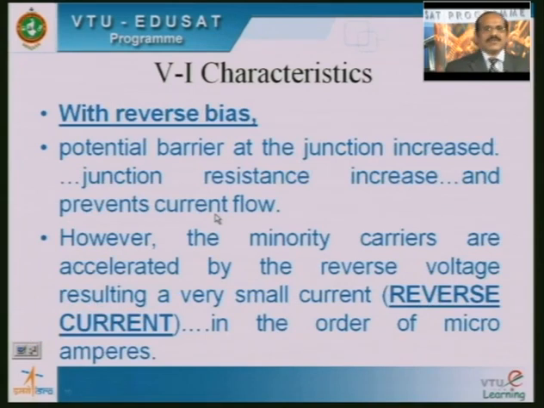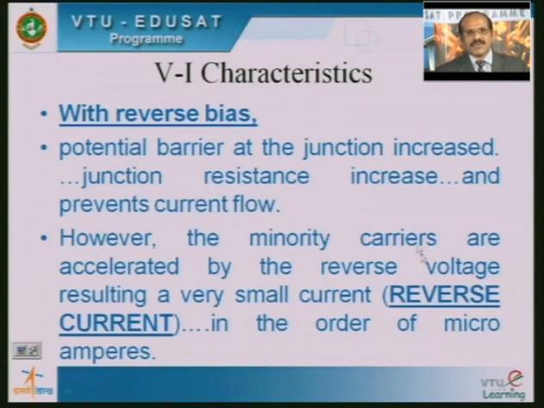With a reverse bias, the potential barrier at the junction is increased. Whenever the semiconductor diode is reverse biased, that is when the negative terminal of the battery is connected to the P type and the positive terminal is connected to the N type, the potential barrier at the junction increases, and therefore the junction resistance increases, which in turn prevents the current flow through the semiconductor diode. However, the minority carriers are